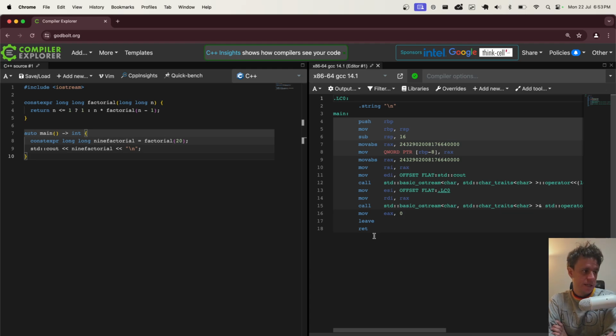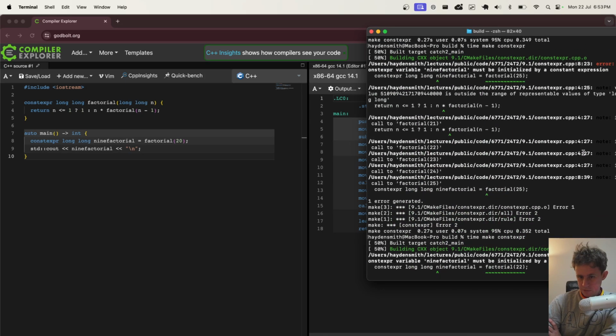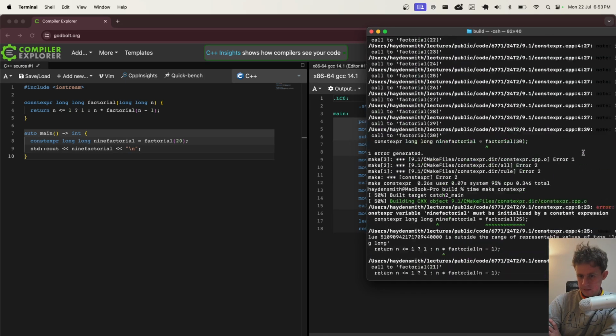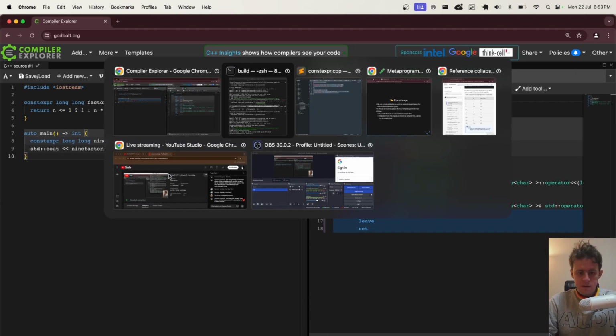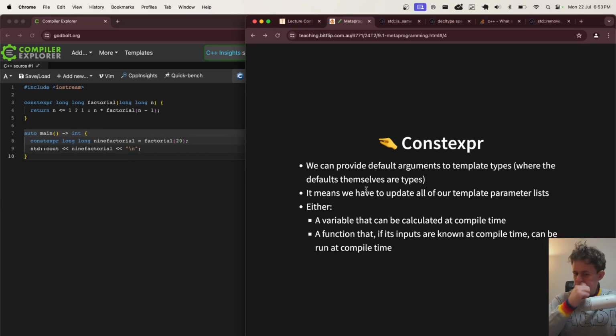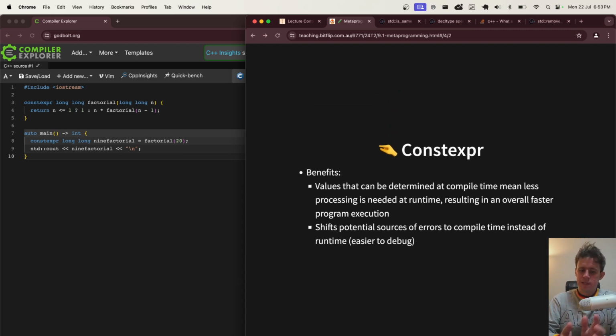Yeah, Suluk says, I just read this actually, you can't have a constant expression if its evaluation leads to out of bounds. So clearly that's the compile error that we were running into here. It's outside of the range of representable values. Did I miss all that each time? I did. Silly, sorry. Should have read the second line. Well, it was fun to explore that. But basically, the point is with constant expressions, values can be determined at compile time, which means less processing needed at runtime.